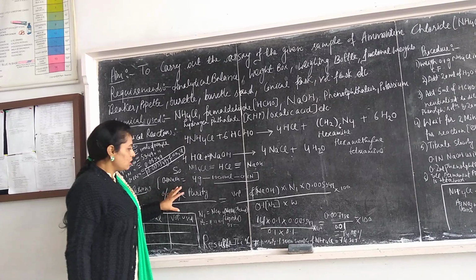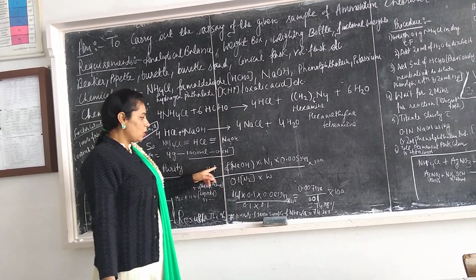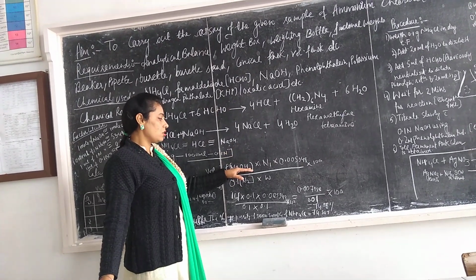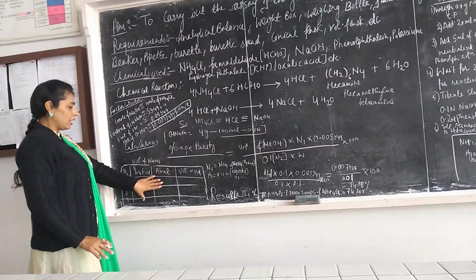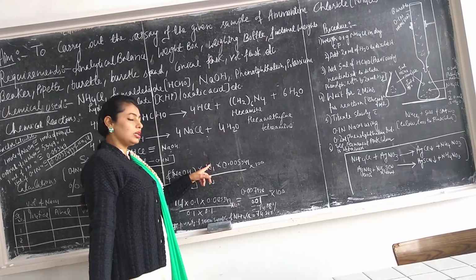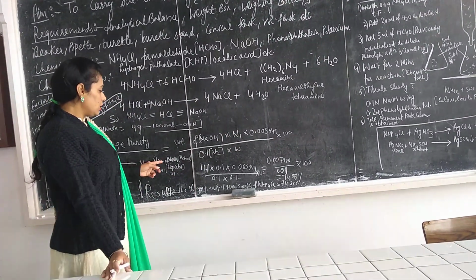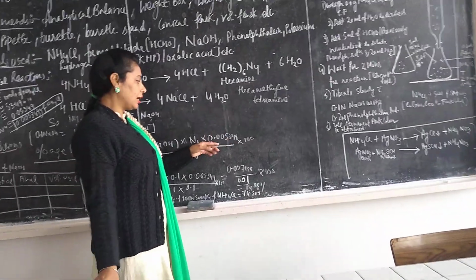So this is your percentage purity calculation. This is the volume of NaOH required to standardize, for the assay of ammonium chloride. There are the readings for the NaOH sample. Then N1 is the normality of NaOH, which is the actual normality. Then this is your factor calculation.